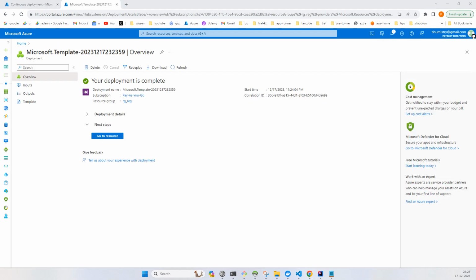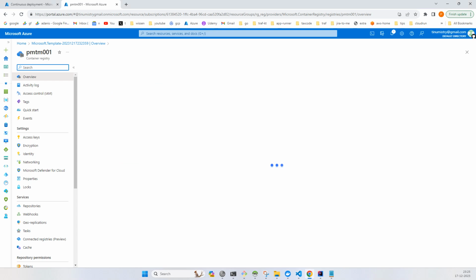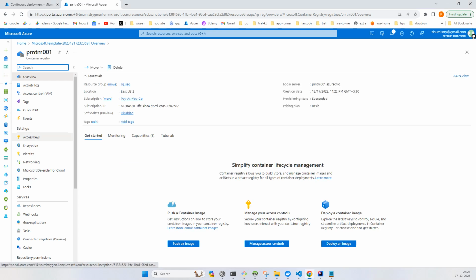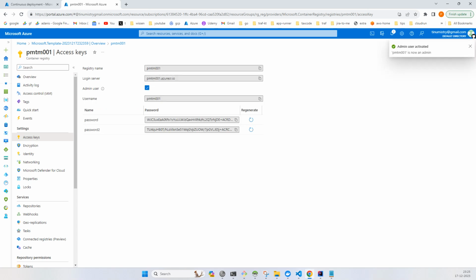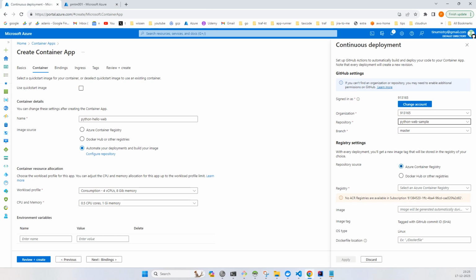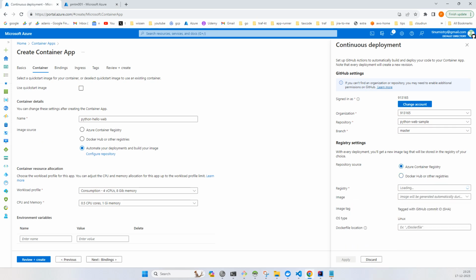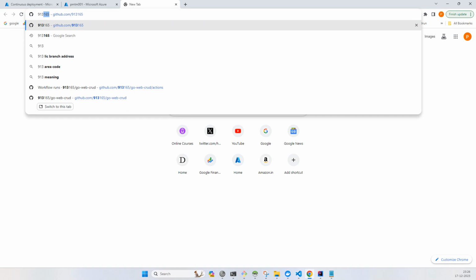Once your registry is created, go to the resource, click on access keys and enable the admin user, because you require a user to access this. For now I'm just creating an admin user for demo purposes, because that will be used over here. Now click on Azure registry and your registry will be open because you now have an admin user. And I'll go with this Docker file, because if I go to the sample on my GitHub page,